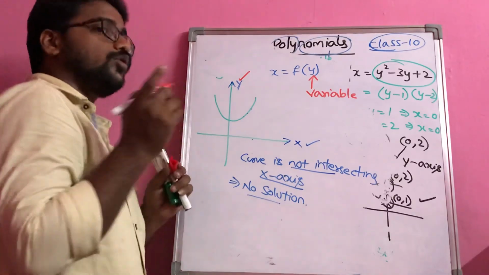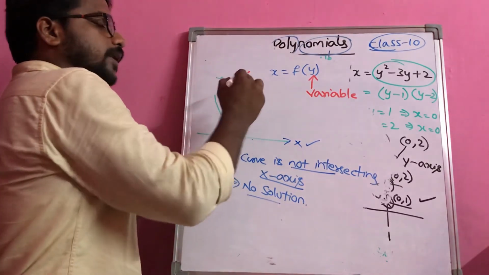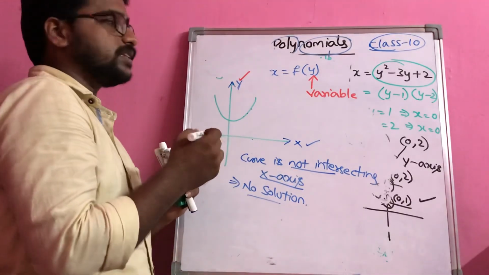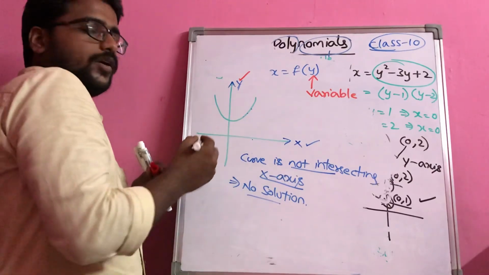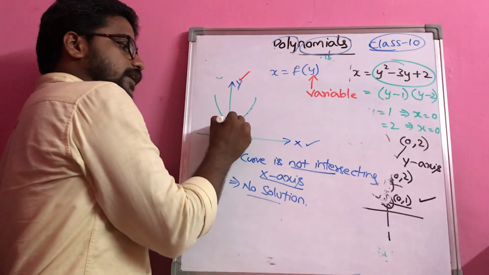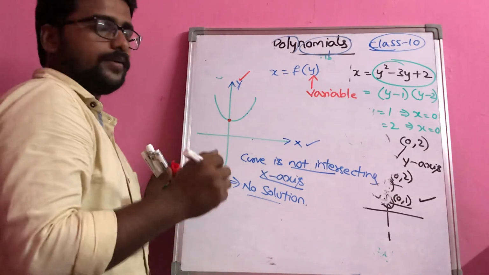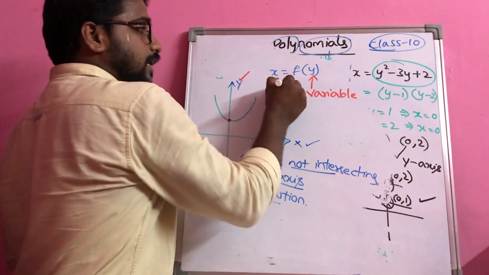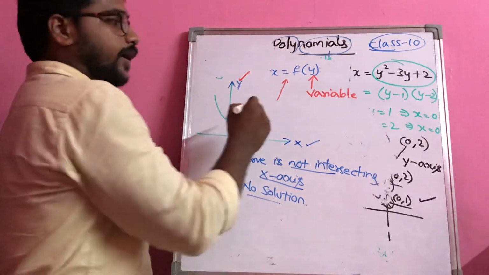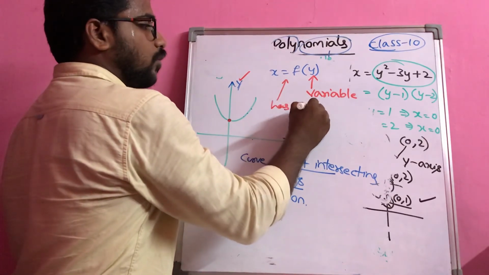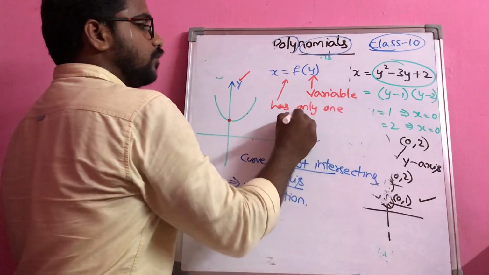That means you should look at how many points the curve is intersecting the y-axis. You can just observe here the curve is intersecting the y-axis at only one point, which means this given function x is equal to f of y has only one solution,